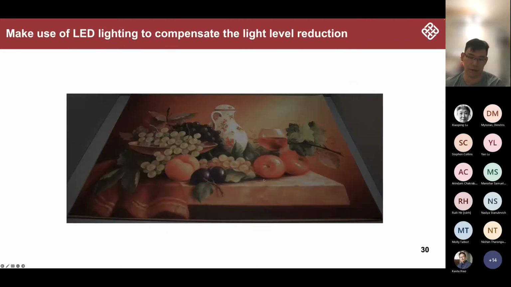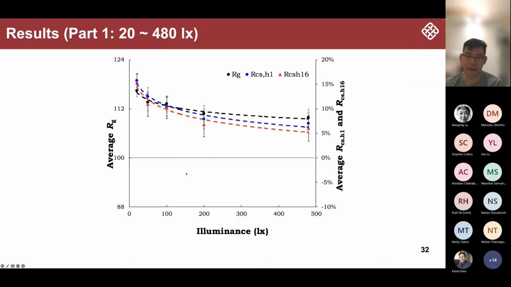This was purposely designed, because you can see this artwork contains a lot of warm colors. And you can see that they prefer the saturation of the red to be lower at the higher light level, from 0 to 500. Put the other way, if we reduce the light level, they prefer the saturation to be higher. So we can do that: if we dim the light level, we try to increase the saturation to make the colors more preferred.